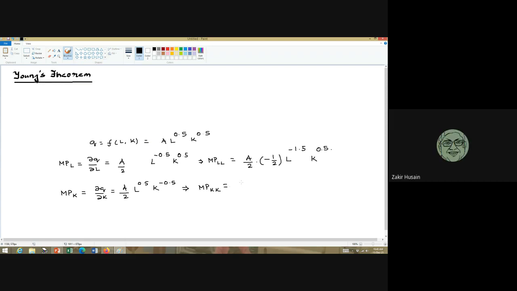এটা কি হবে? Sir, a by 2 into minus half. Actually এটা 1/4 হয়ে যাবে। হ্যাঁ। L to the power 0.5 only and K to the power minus 1.5. আচ্ছা, ক্রস গুলো বার করো তো।